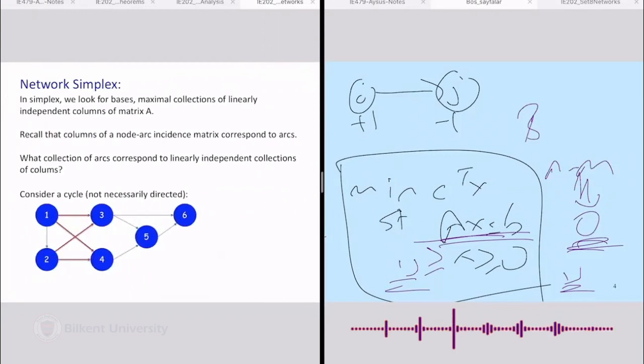Okay. I think I want to stop here right now because this network simplex is a completely new topic. I want you to absorb this network idea and converting to MCNFP, this node arc incidence matrix, and then